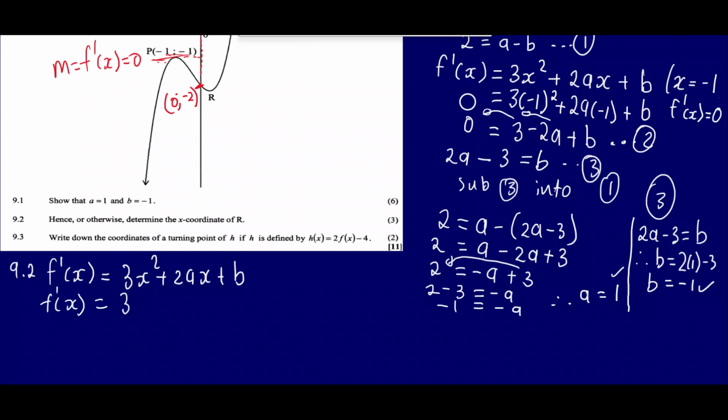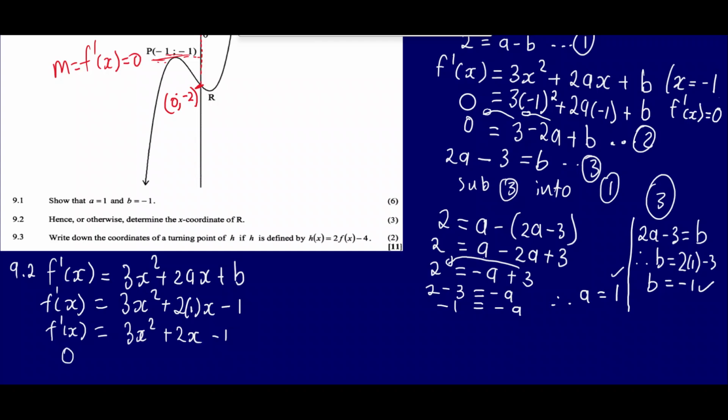So what we can do is plug in the a and the b value we got here into the f prime equation, 3x squared. Someone can literally plug them into the original, then derive that original, then equate to 0, and then solve for x, get two x values, right? So we can also still plug it into this one, x and minus 1. So f prime is 3x squared